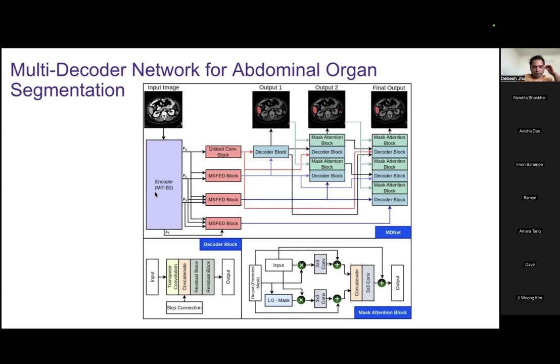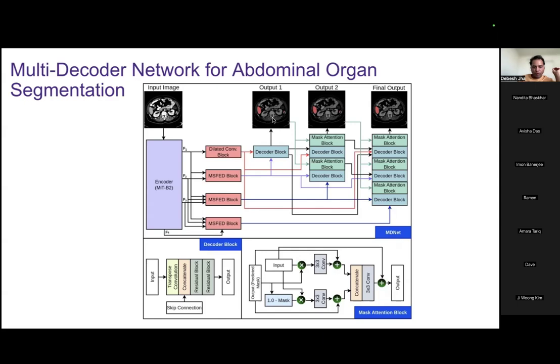Here the input is passed through MiT-B2, where you get features. This is the encoder, and here this acts as a bridge, the MSFF block, that is multi-scale fusion. Instead of passing the features F1 directly, they are passed to dilated convolution, and here we perform multi-scale feature fusion. It is then passed through, for example, the decoder block.